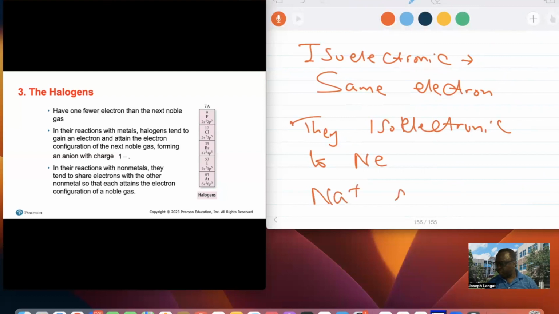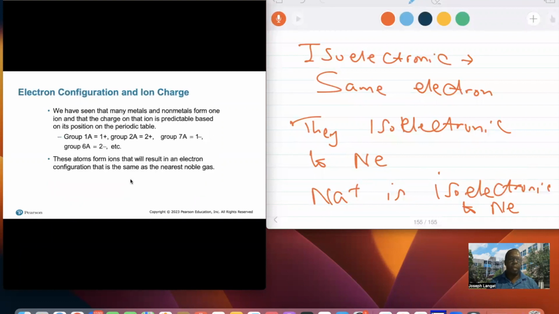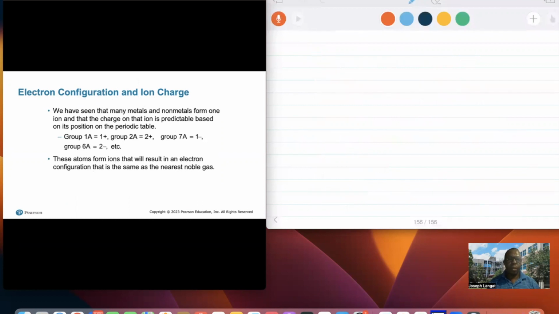Sodium positive is isoelectronic to neon, means they have the same electron. So in the reaction of non-metals, they gain extra electron to be like group 8. To predict the ionic charge, of course, to write the electron configuration of the ion, you include the negative charge. Those form overall charge like group 8 electron configuration, for example, here,